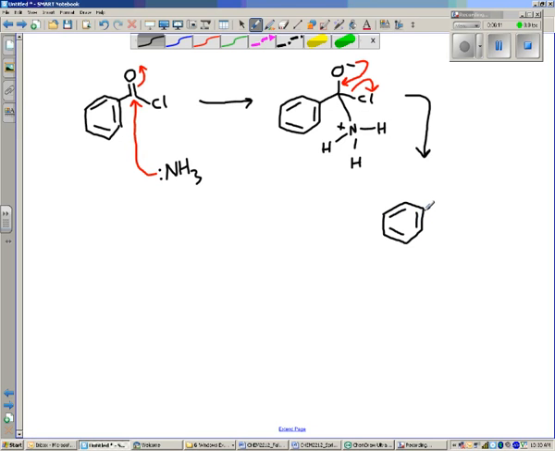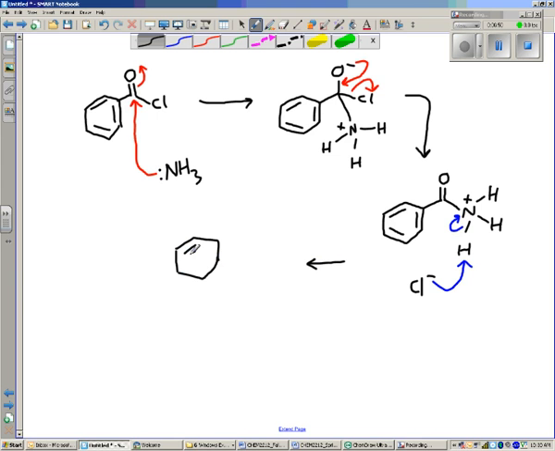And so when I draw this out, what we have is our carbonyl group reformed. We've lost our chlorine. But right now we have 3 hydrogens on our nitrogen, and we still have that plus charge. So what do you think we have that can remove one of the hydrogens and thus the plus charge? Well, it's the Cl-. Or if you have water lying around, water could do it too. It doesn't need to be a strong base, that can go in here. Kick electrons back onto there, and then what we end up with is